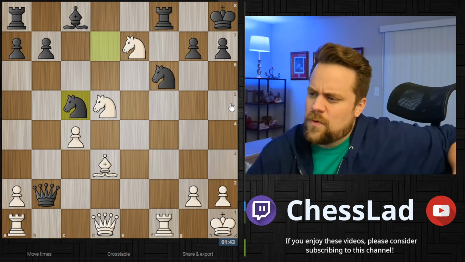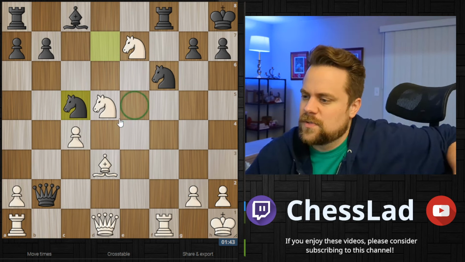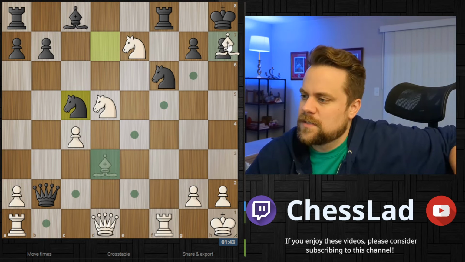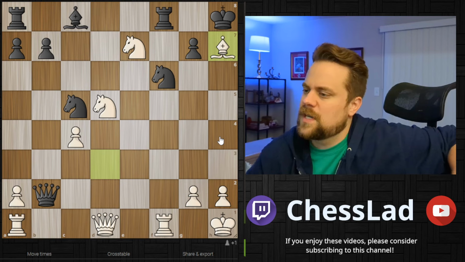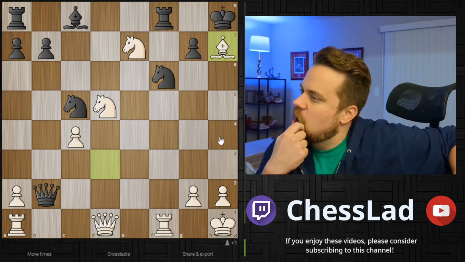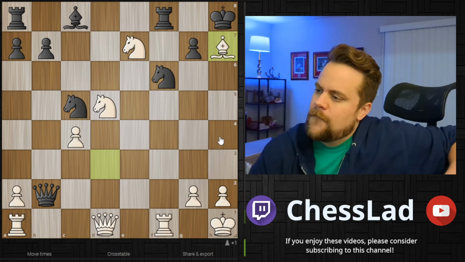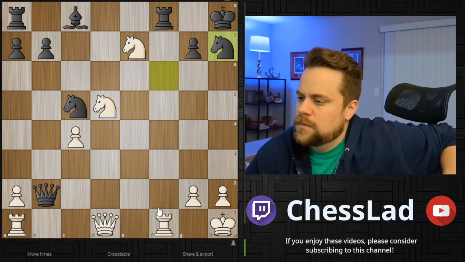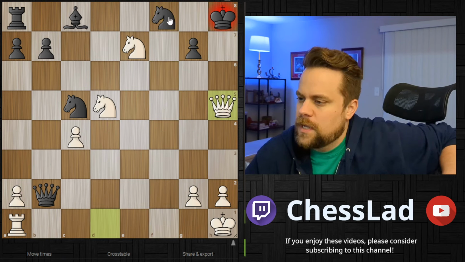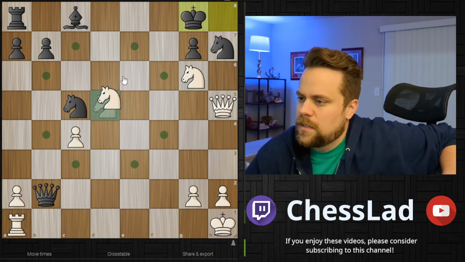I thought about rook b1, but I thought his queen just goes somewhere. I was also thinking about this. What was the reason I didn't play that? Actually, I'm not sure why I didn't play that. Because he can't take, because of here. Wait, I forgot about that. But, here...